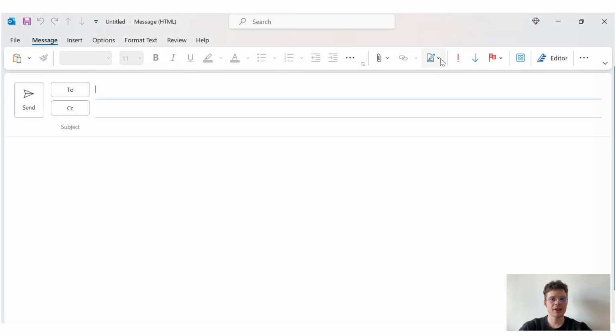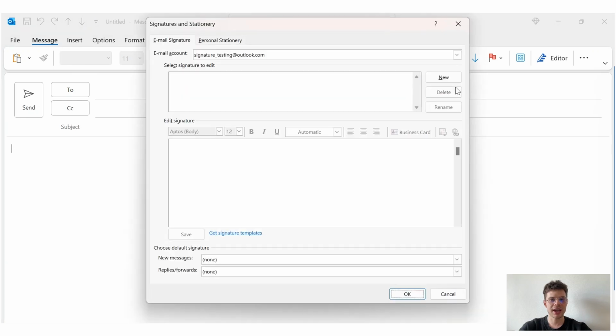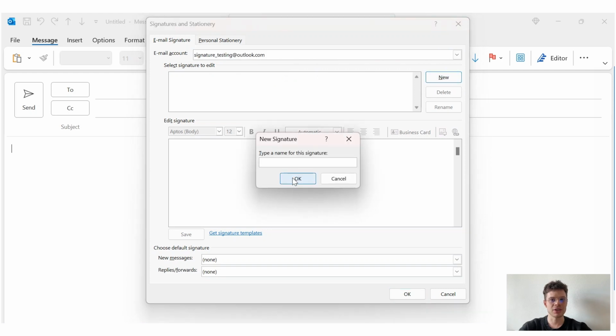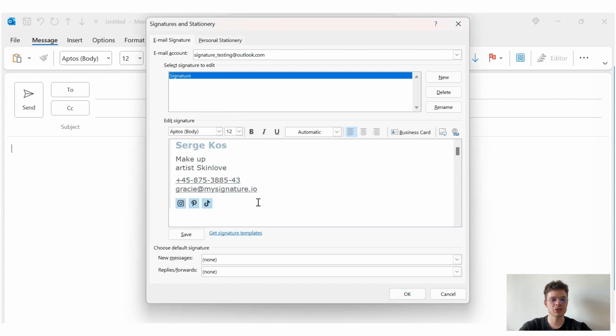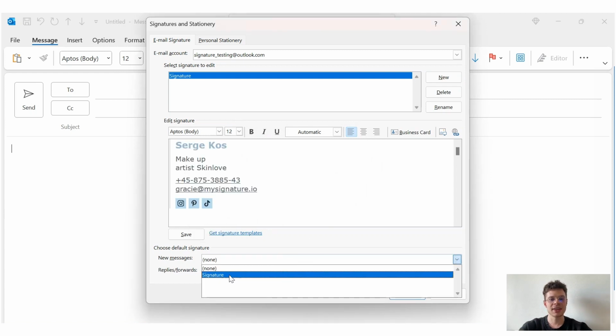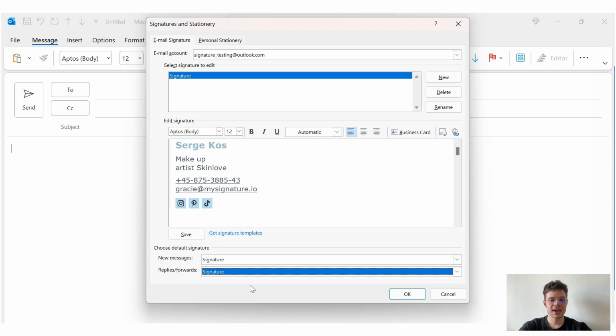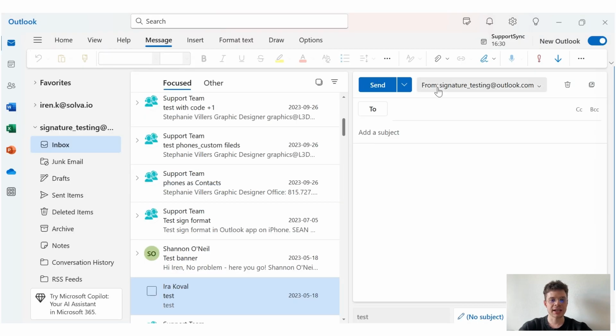Then on the top right, there is a signature icon that you need to click, and go to signature settings. On the top, make sure that you're working with the email account that you need to work with, and we are ready to click new and type a name for this particular signature that we are working with. After that, there is a field for signatures. Make sure that you keep source formatting, then change all the settings for this particular signature and click OK